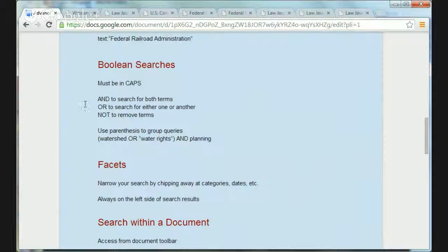In HeinOnline, all of your Boolean terms do need to be in caps, so all in uppercase: AND, OR, NOT will get you results. And you can use parentheses to group your queries. So you can say, I want to search for watershed OR water rights, AND I want to search for the term planning. So this is great if you're trying to find fairly different words in association with other terms that